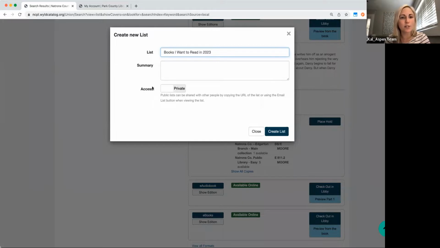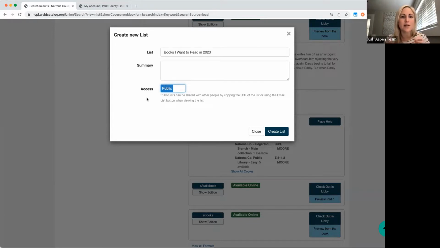Then the user has an option for an access button. So this is very important. I'm going to repeat this multiple times. Okay, so right now I am logged in just as a regular old patron. I have no staff permissions to make lists. What this access means to me is say I am super excited about this book list and I want to share it out with my friends. I want to email it to my book club, or I want to text the URL to my list to my class, for example. Then I can make my list public.